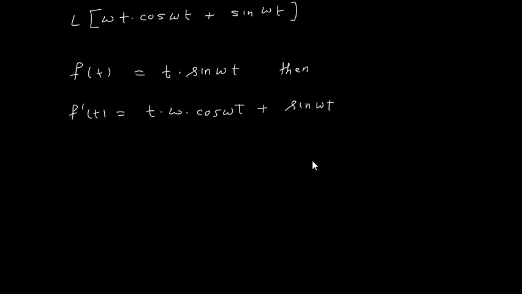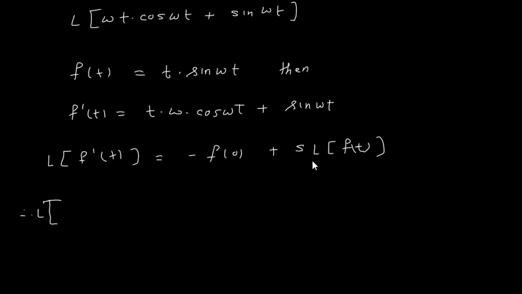We have to find Laplace of this part, that is, Laplace of f dash t, which is minus f of 0 plus s into Laplace of f of t. So Laplace of omega t into cos omega t plus sin omega t